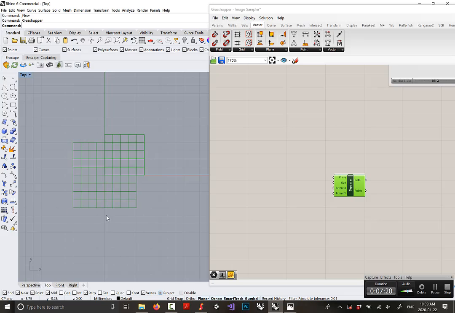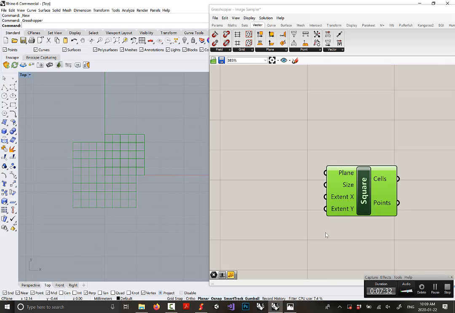You can also see that we have this kind of fainter grid behind it. Does anyone want to guess what this fainter grid behind this grid represents? Let's look at the inputs of this component. I'll give you a hint. It's one of these inputs. It's the plane. So in Rhino, and we're going to be dealing with planes a little bit more in this